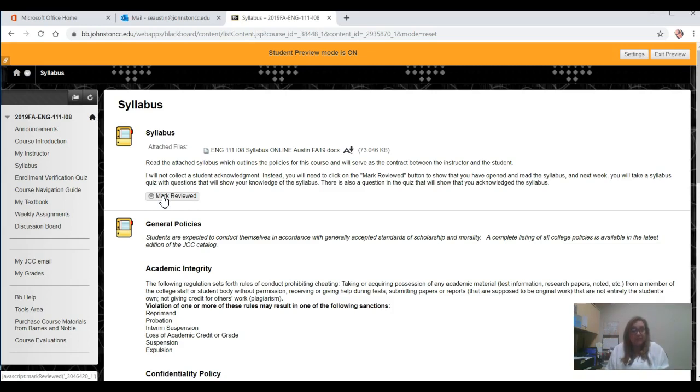The other way you acknowledge, and I want you to do it both ways, is when you take the syllabus quiz, you will have a question. It's a true-false question, very easy, and it will just say something like, true or false, I have read and understand the syllabus. And then you say true, because that shows that you've read the syllabus